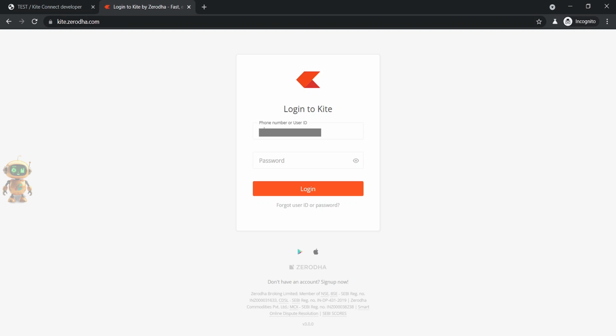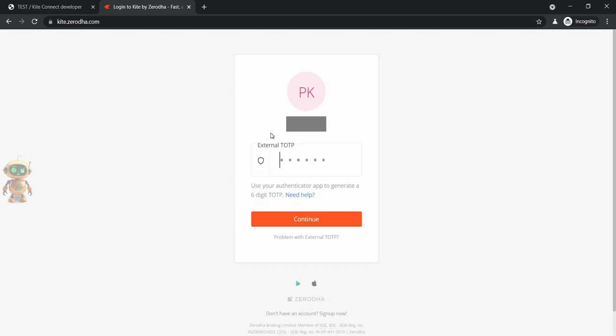Go to kite.zerodha.com and log in with Zerodha user ID and password. Enter the TOTP.